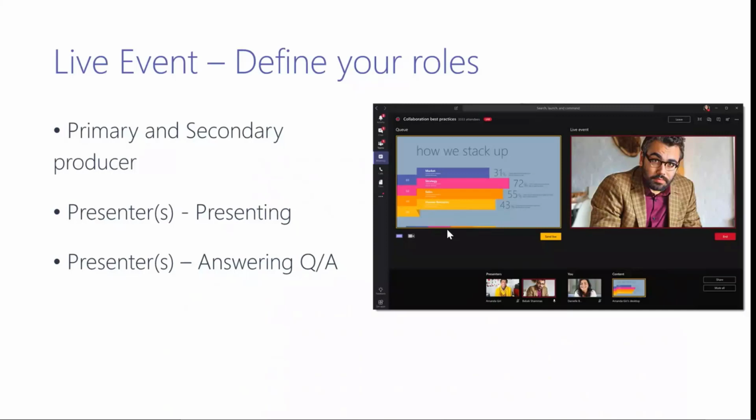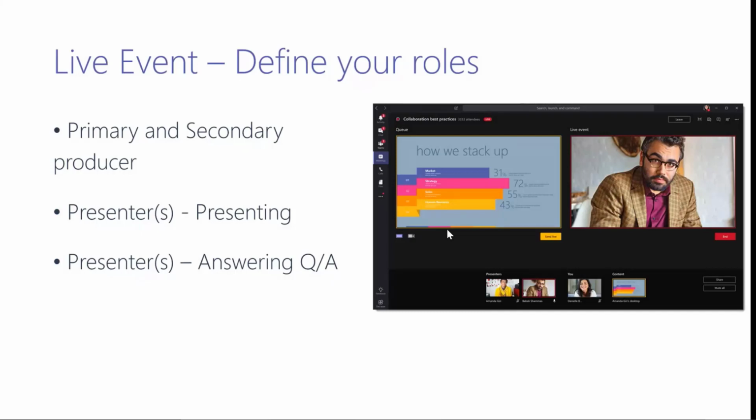You can't assign a producer on the fly. So when you're scheduling a live event, make sure you have at least one backup producer, just in case your primary producer cannot run the event. And while you have a backup producer, I would also recommend that you decide who has the control.